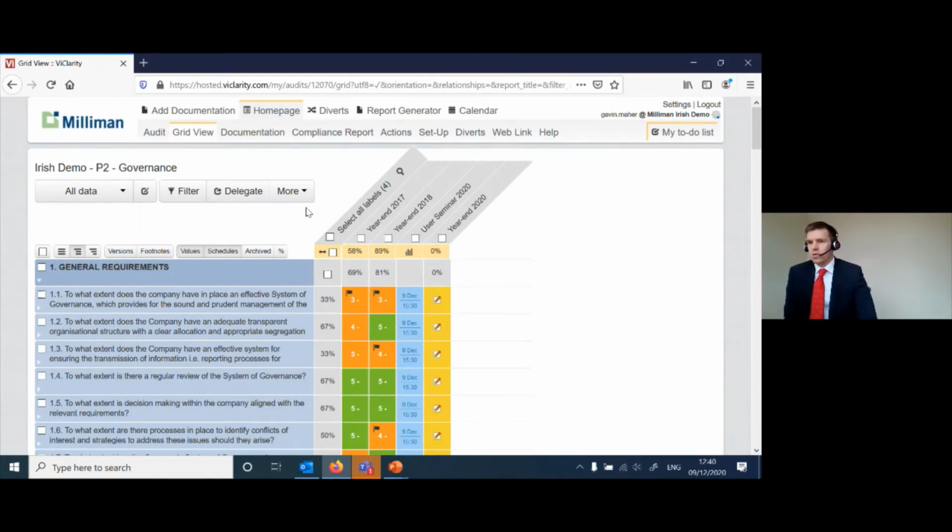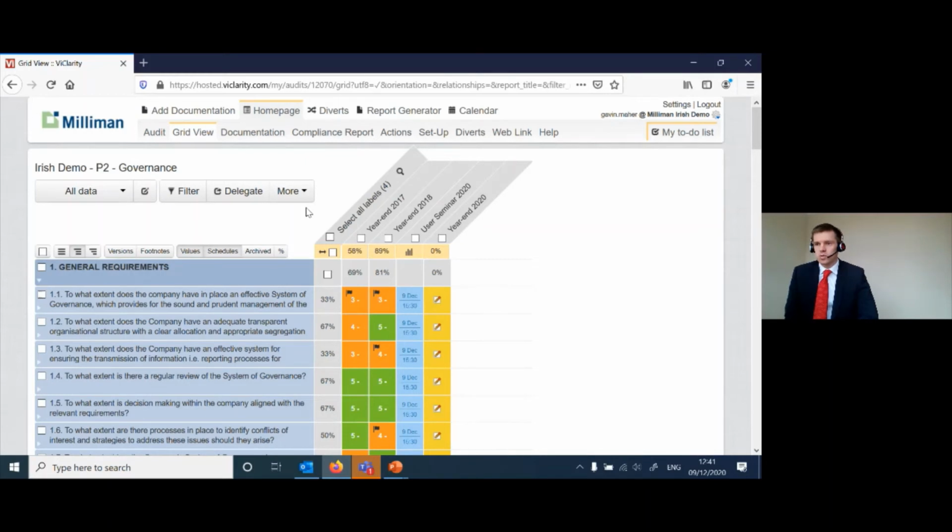And again, I'd maybe echo what Gavin was saying in terms of practicality. It's useful to send out an email to people in advance, just saying, a reminder, you're going to get some emails from the system. These are the deadlines that we're hoping to get this all done by, and just a bit of a refresher on that, and also encouraging people to fill in the narrative boxes as well.